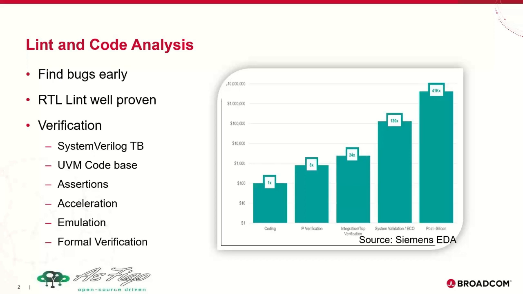This is one of the lint and code analysis slides from Synopsys, saying that finding bugs early is good. When bugs get to the later stages, in post-silicon, they become very costly, sometimes 100x and 400x. That's why we have to make sure we find the bugs early in verification. With that in mind, a test bench environment with lint, a UVM environment with lint, and assertions and acceleration,